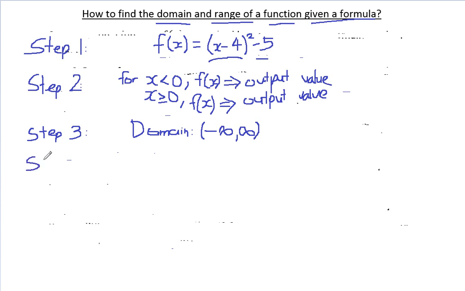Step 4, let's substitute values in the domain to get the outcome. Let's say we start from any value. Let's make a rough value, so x equals -4. Since the domain is from negative infinity to infinity, let's give some values. So when x equals -4, your f(x)